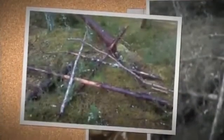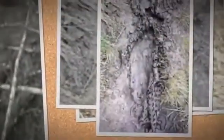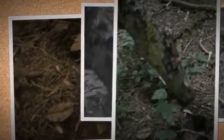We've had lots of prints come in. We've had lots of what the Americans call blob squatches, which I think are interesting looking stumps that people think may be a wildman. And the thing to do with that is, if you come home and you go through your photographs and you think you find something, the best thing that you can do, in all honesty, is to go back as quickly as possible within a couple of days, so that the weather's similar,